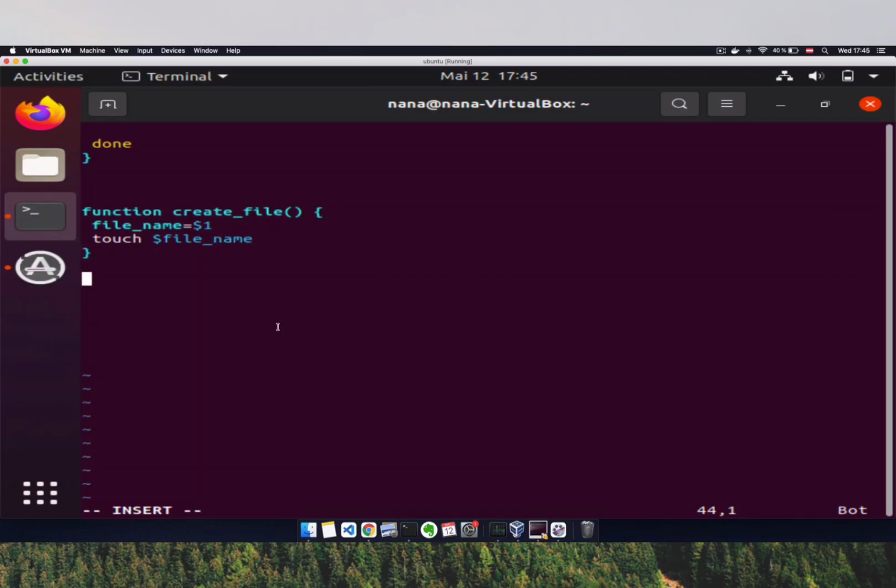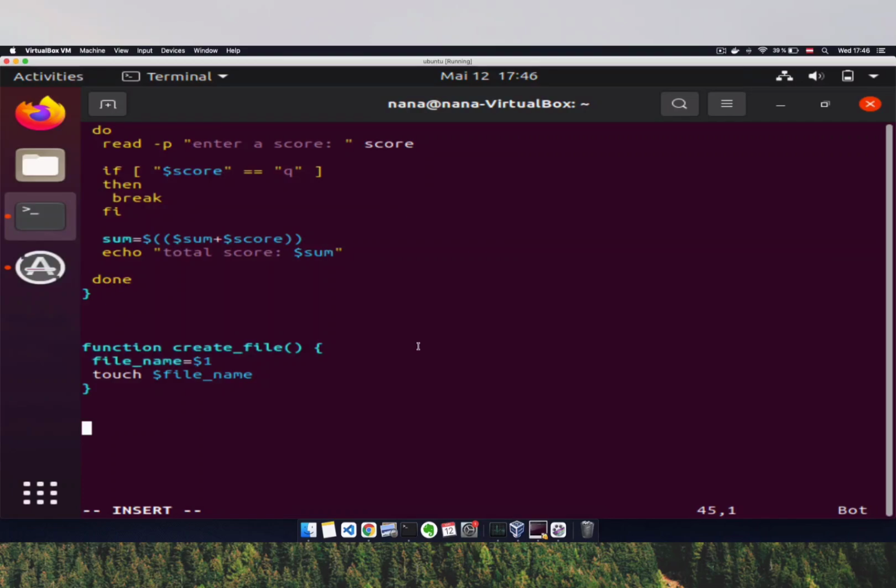And again, remember, this is just a function creation. It's not going to call anything, or it's not going to do anything unless we actually call the function and execute it. So I'm going to do create_file, and to pass a parameter, very simple, just space and then the value of the first parameter. In our case, let's call this